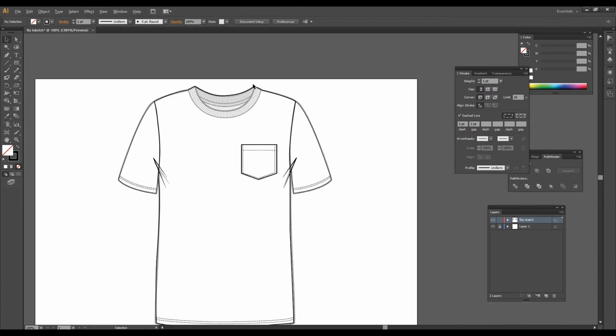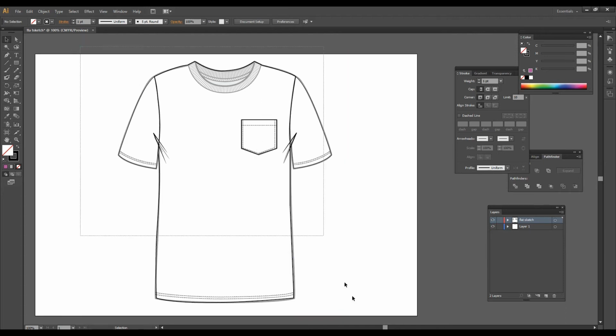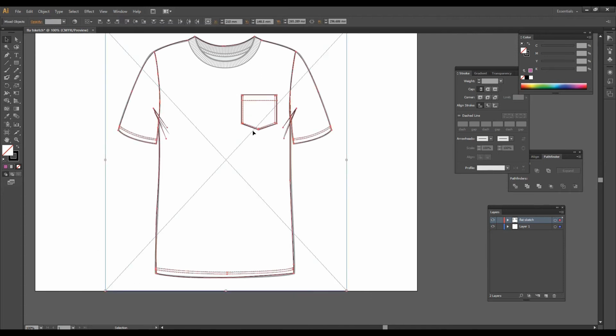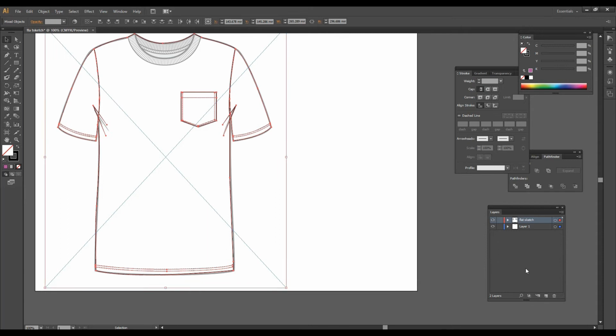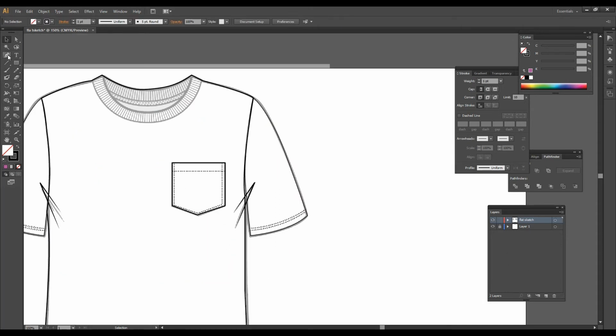Now we need to complete this rib part. We'll select all and shift a little bit so that we have space for making a rib collar. Just again trace down the collar, so it's going to be a perfect fit.